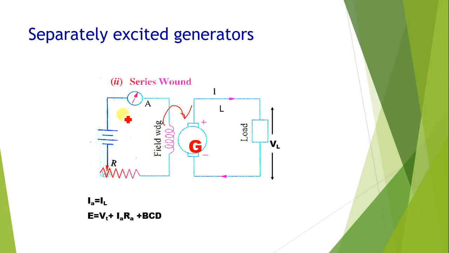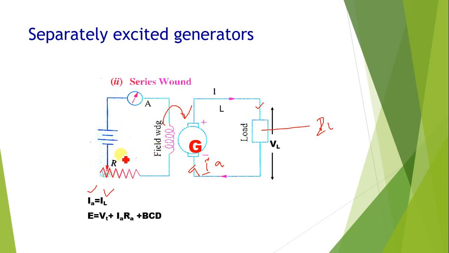Here, the current that is produced in the armature is Ia, which is generally equal to the load current. The load has some current, which is equal to the load current. That means armature current and load current are equal. This is your armature; the generator part has the armature. Now, the total voltage generated in this whole thing is Vt. E is equal to the terminal voltage plus